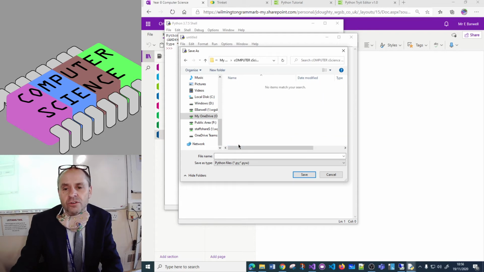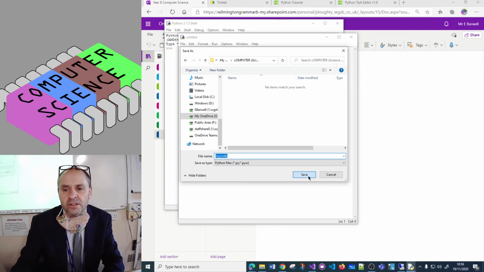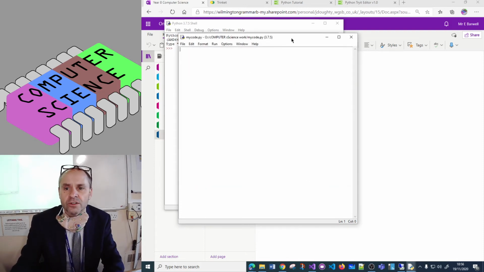Okay, and make sure you store all your computer science in this folder, and then come up with a name for your Python project. So I'm just going to call it My Code, and then save it. So all you've got to do is type your code,